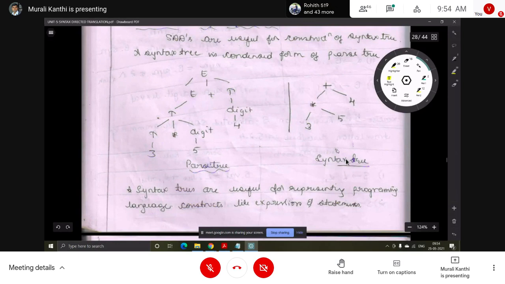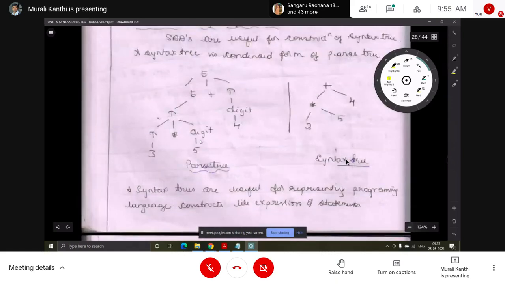From the given grammar we construct the parse tree, then change it to a syntax tree by removing all the non-terminals. So a syntax tree is a condensed form of the parse tree.